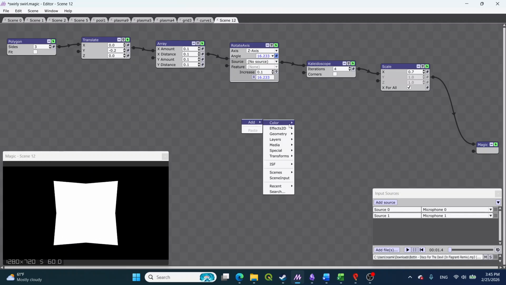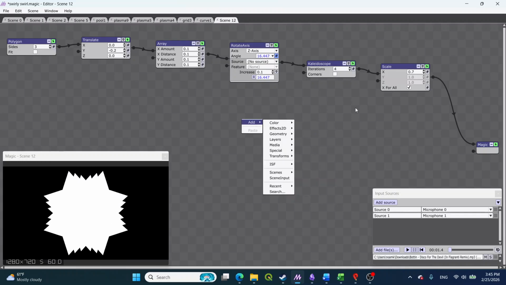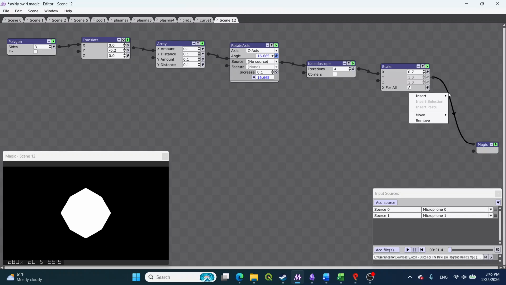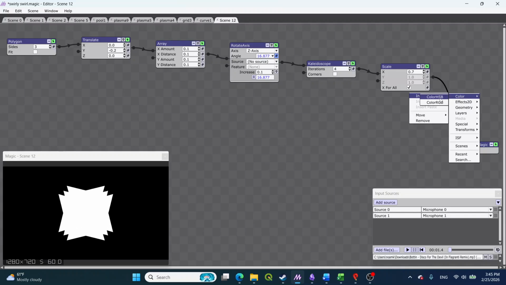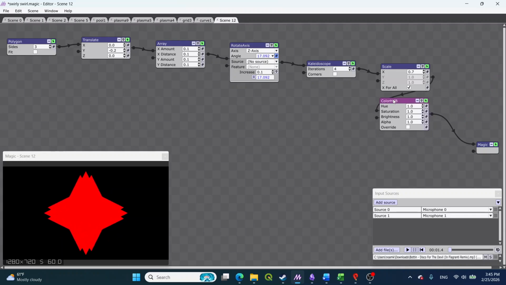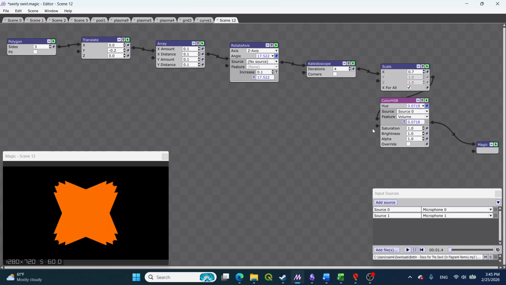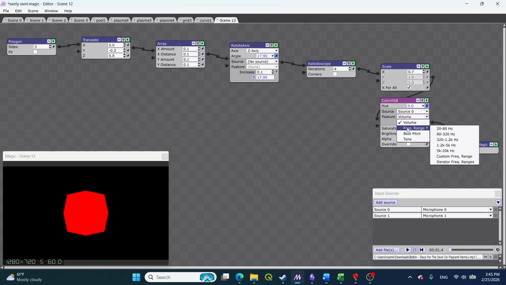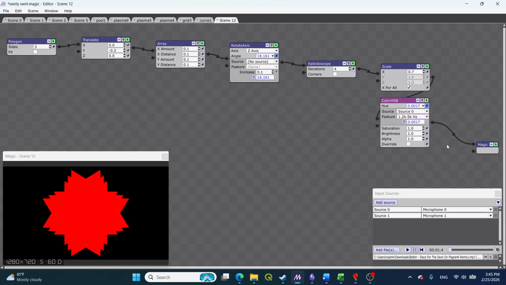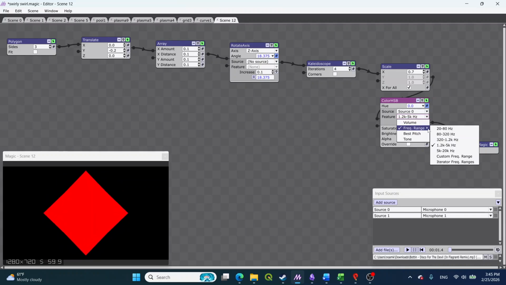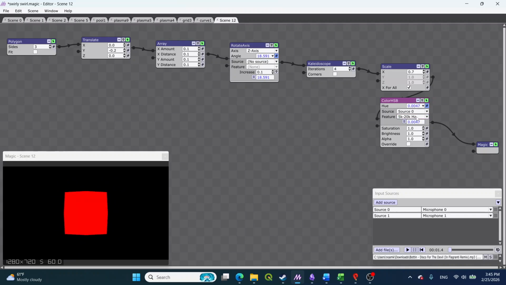Now, maybe we can, let's colorize it. So color HSB, let's link the hue to my voice. I wonder, I think I have